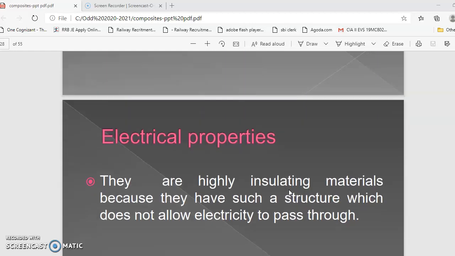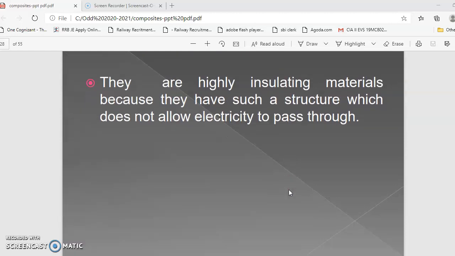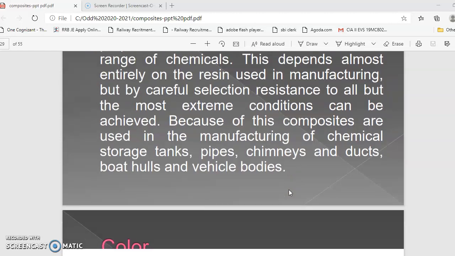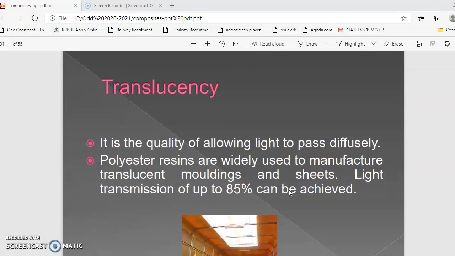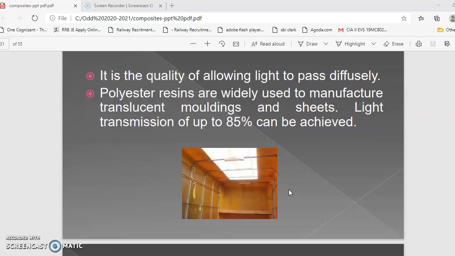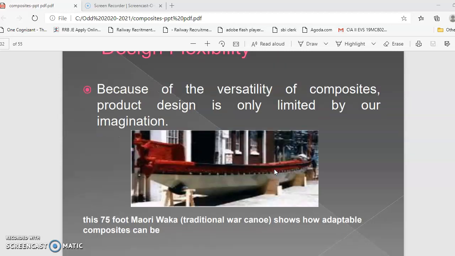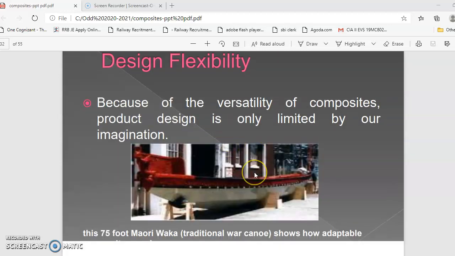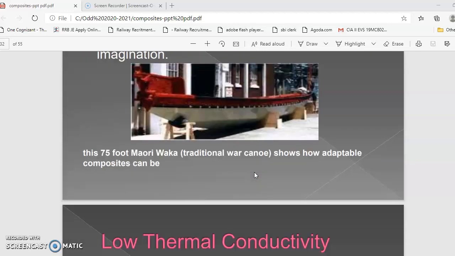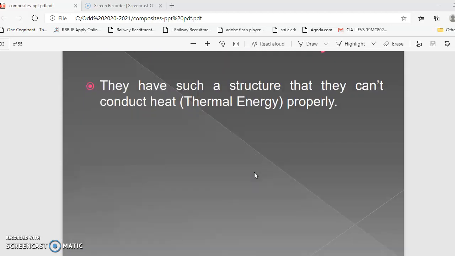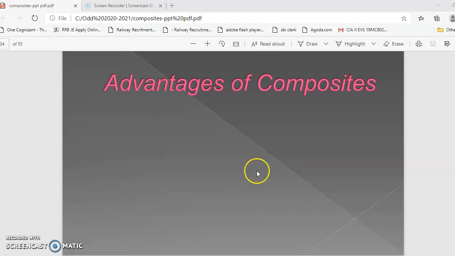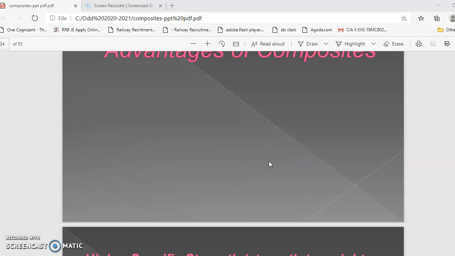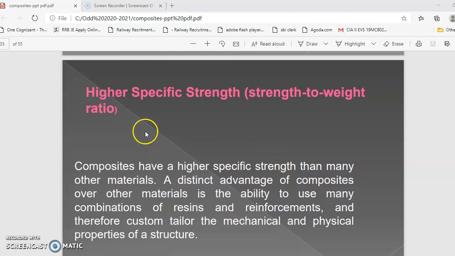They are fire resistant, they are very good insulating materials, they have chemical and weather resistant properties, and they exist in different colors and translucency. So this could also be used for transparent sheets and design flexibility. We can design for different varieties of applications. They have low thermal conductivity, so the advantages of composites are that they could be used for various applications wherever